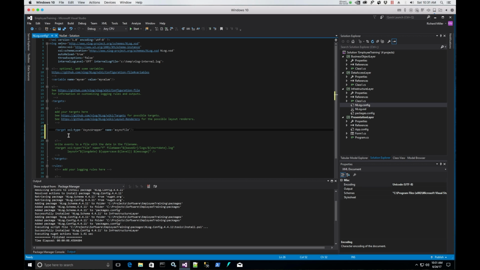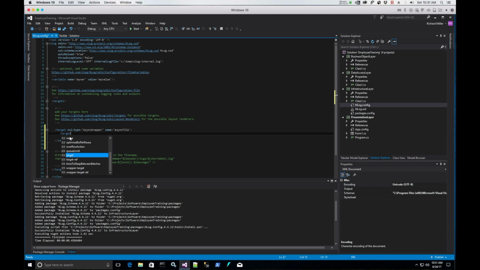Alrighty, so there's my opening tag. Now what I want to do is change this from a slash close tag to just a close angle bracket. That gives me an enclosing target tag. Now I'm going to add another target,